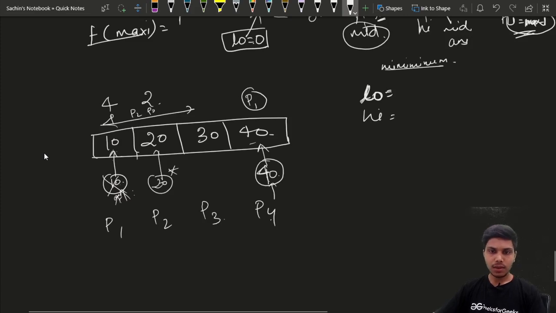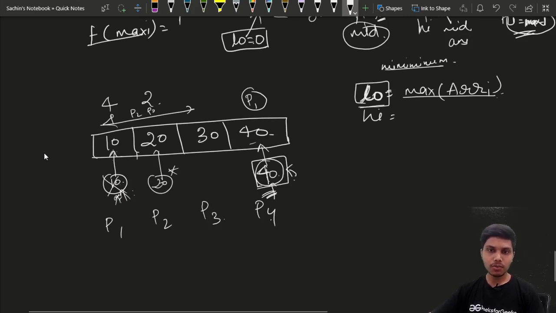In this way we get our minimum answer as 40. So our low would be the maximum value in the array, max of array of i. This would be the minimum time that might be possible.